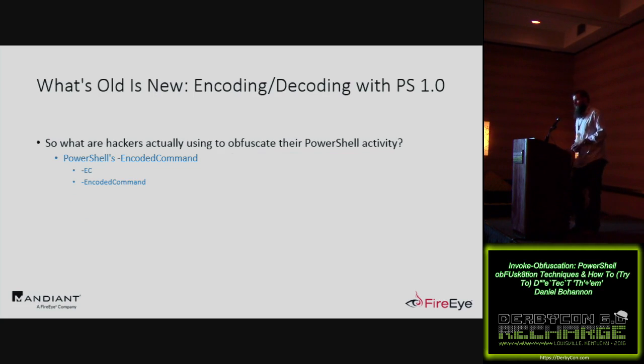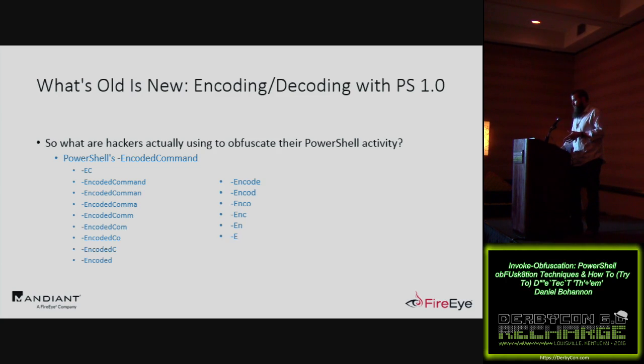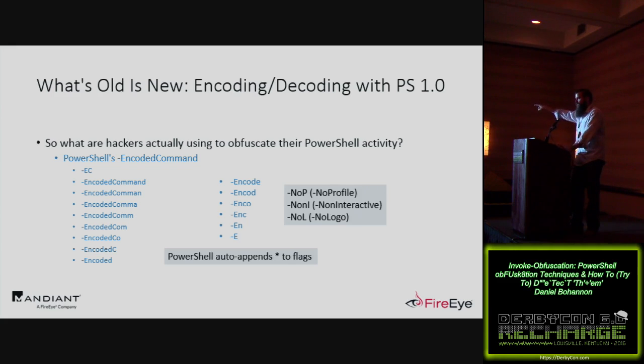So this is what PowerShell gives us. They give us the full encoded command, and they give us EC. And they also give us encoded command, and so on. Every single one of these works, because it automatically appends an asterisk to find, are you returning a single flag? So whenever you're writing a script and doing parameter binding, you can specify just enough of the flag to get you to where you need to go. That's why you have nop and noni that are short for no profile and non-interactive. So now if we want to say non-interactive, we can do anything from noni all the way up to non-interactive,